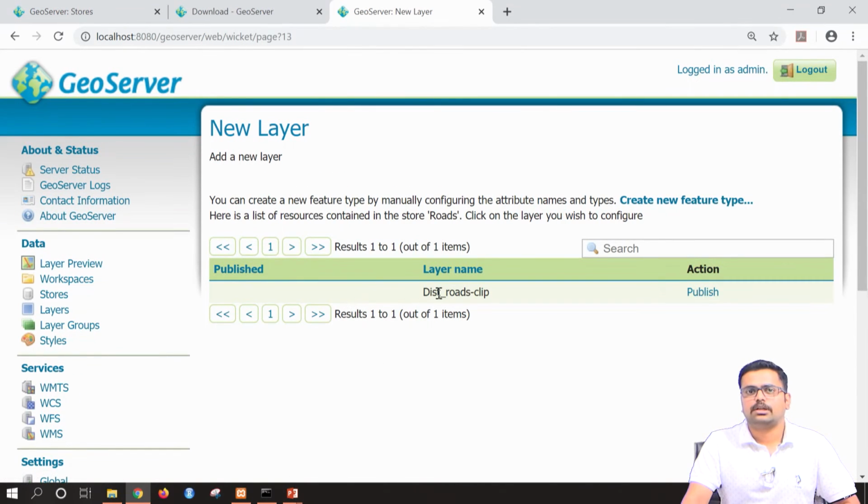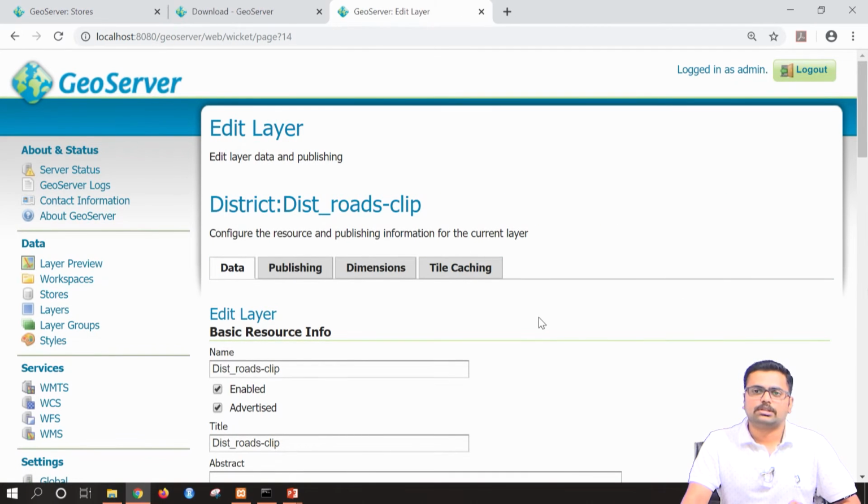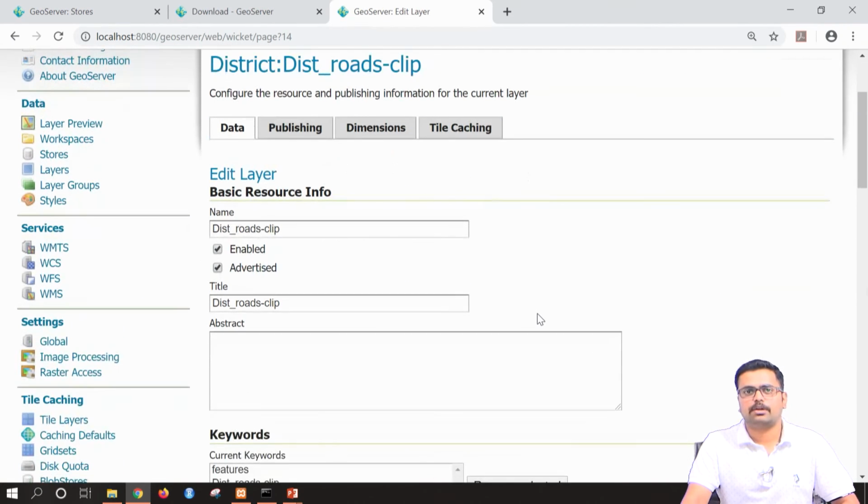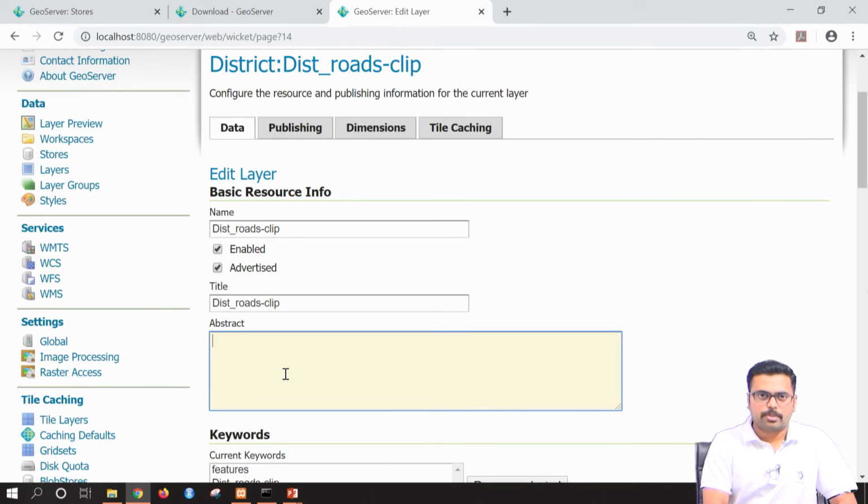So now you can see the new vector layer has been added to our GeoServer interface. If you want to publish that, you can click on action, and under the action you can click on the publish button. As soon as you press the publish button, it will ask for further information. Here in the abstract section you can just type some information about that particular roads.